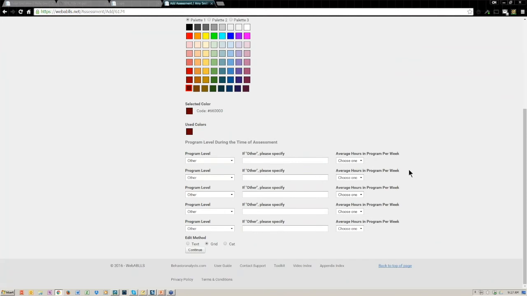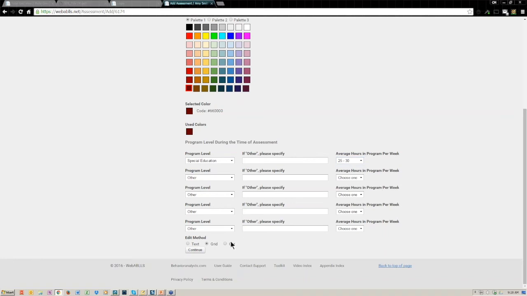At the bottom here, there's a convenient place for you to enter what's happening in terms of services for this child at the time of the assessment. You have a drop-down field. There are several populated with different types of services a child might be receiving. I'm going to select special education. There is an other, so you can actually put in a custom field if you need to. And over here, you would pick the approximate numbers of hours per week.